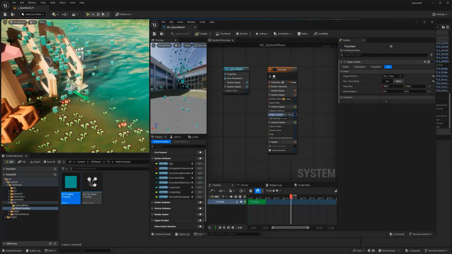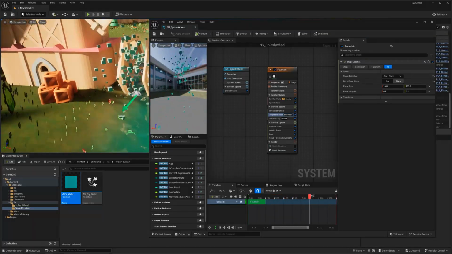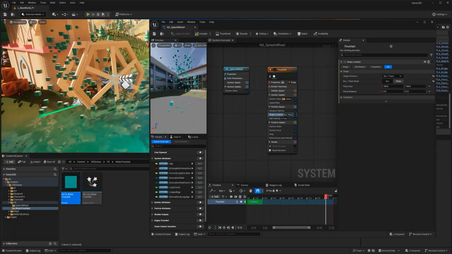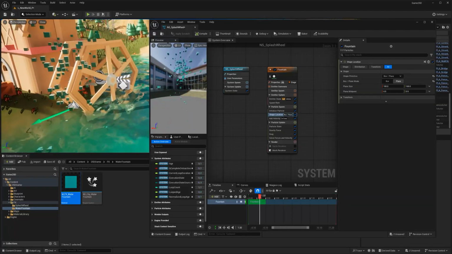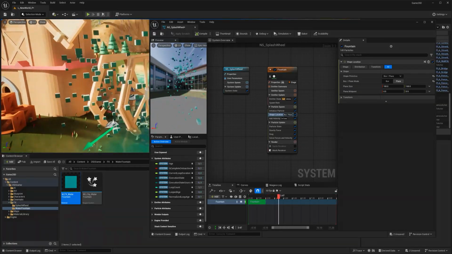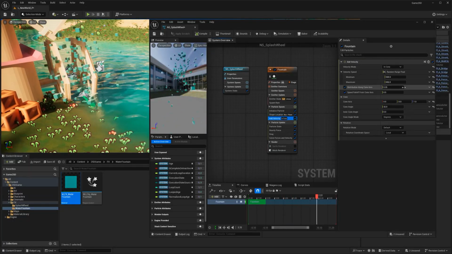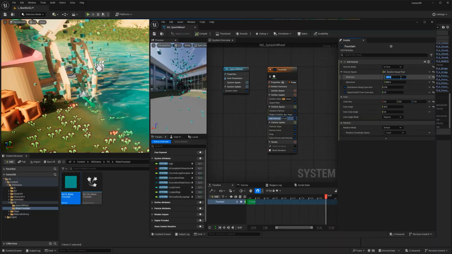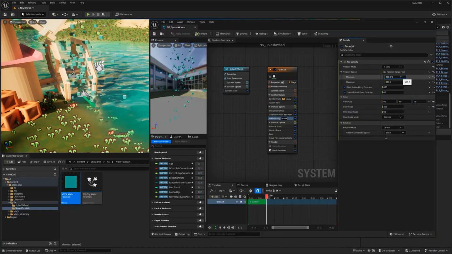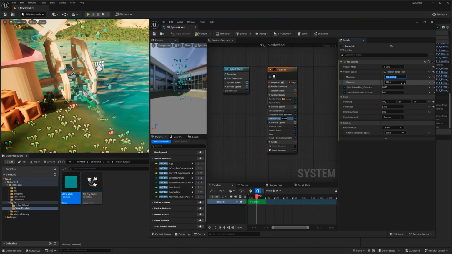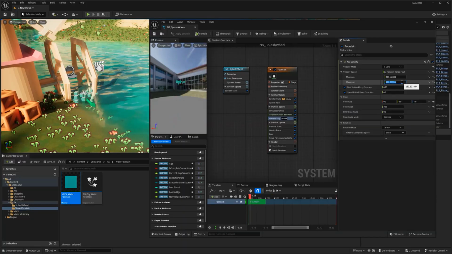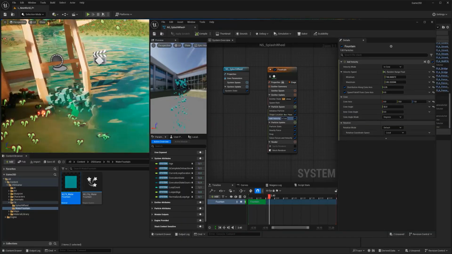100 by 100, that's where they're coming from. And I do think that they're going too high. So that's what we're going to be fixing next. I'm going to go to my velocity, it's a 500 by 800. I'm just going to divide this by 3. I just want to lightly resemble that there is something there.